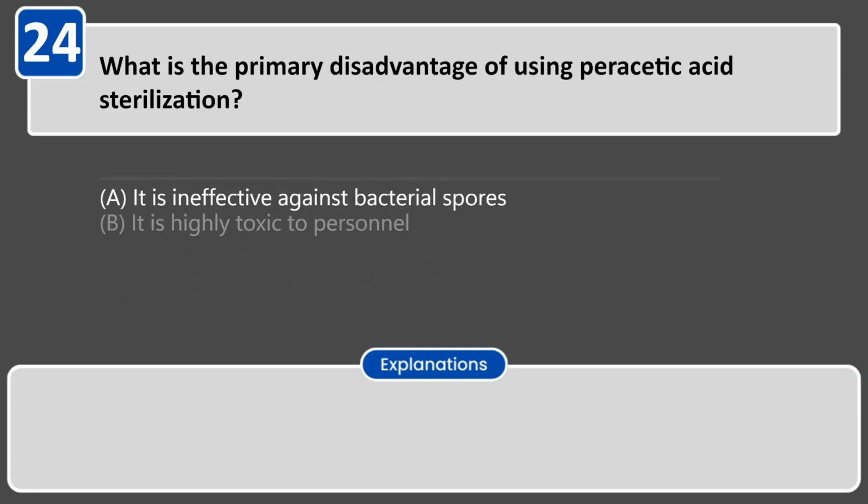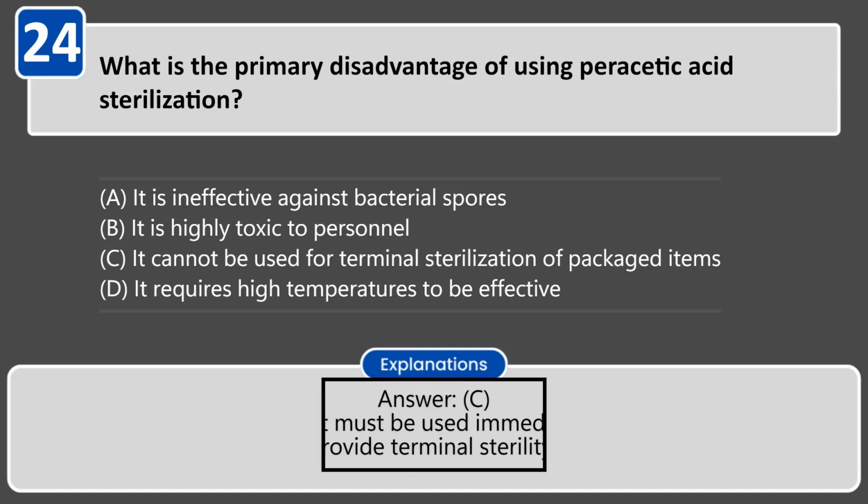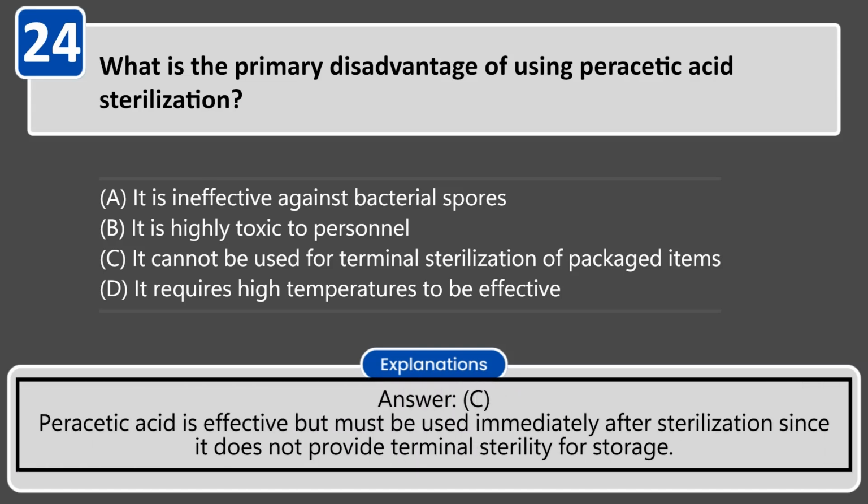What is the primary disadvantage of using peracetic acid sterilization? A. It is ineffective against bacterial spores. B. It is highly toxic to personnel. C. It cannot be used for terminal sterilization of packaged items. D. It requires high temperatures to be effective. Answer C. Peracetic acid is effective but must be used immediately after sterilization since it does not provide terminal sterility